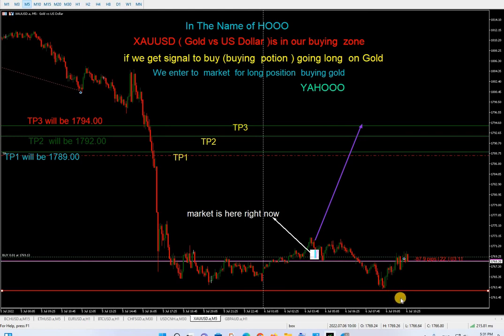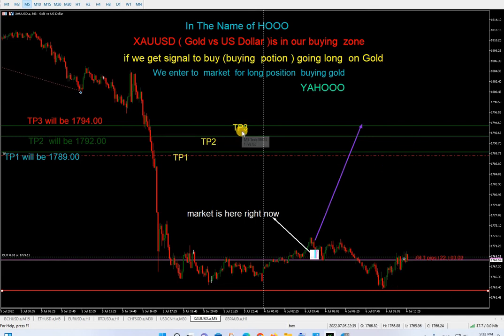The candlestick has to actually form here fully and close, and then we decide to close the trade or continue as it is. So the targets TP1, TP2 and TP3 are here, and the numbers, the levels, are here. When we hit TP1, normally we close the trade, and we're not going to go for TP2 or TP3.